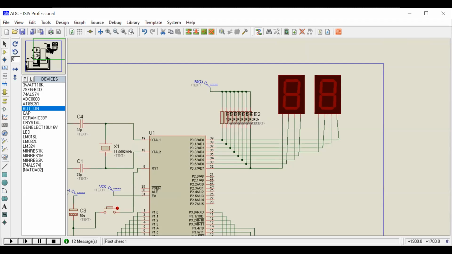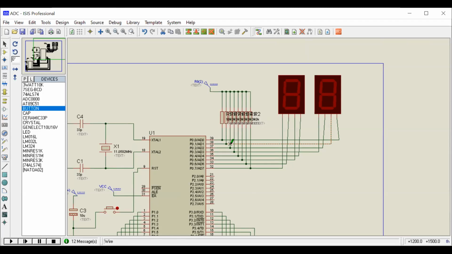If you observe, in the 8051 microcontroller, port 1, port 2 and port 3 have internal pull-up resistors, but port 0 does not contain any pull-up resistors. So we need to connect external pull-up resistors if we want to use port 0 in the circuit diagram.